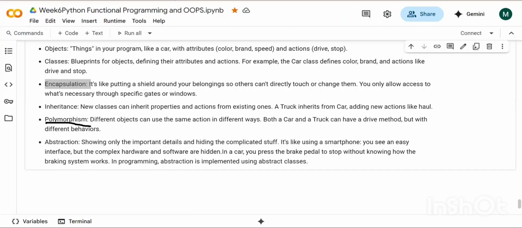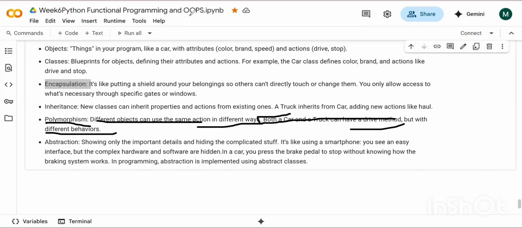AC will just start cooling the room. And the sound system will start playing music. That is polymorphism. Different objects can use the same action but in different ways. Both a car and a truck can have a drive method but with different behaviors.